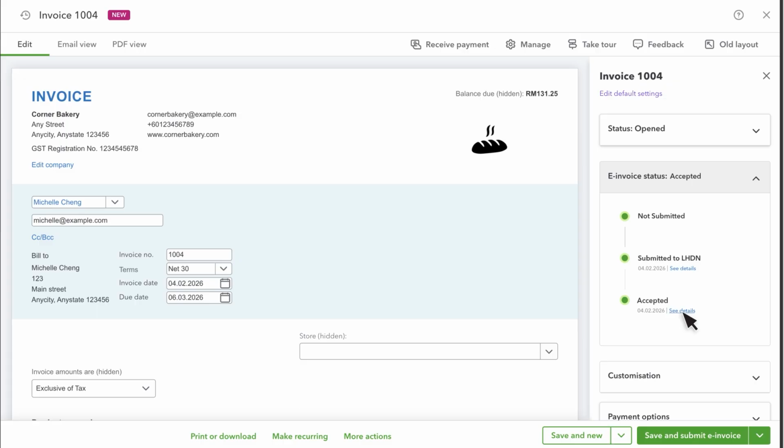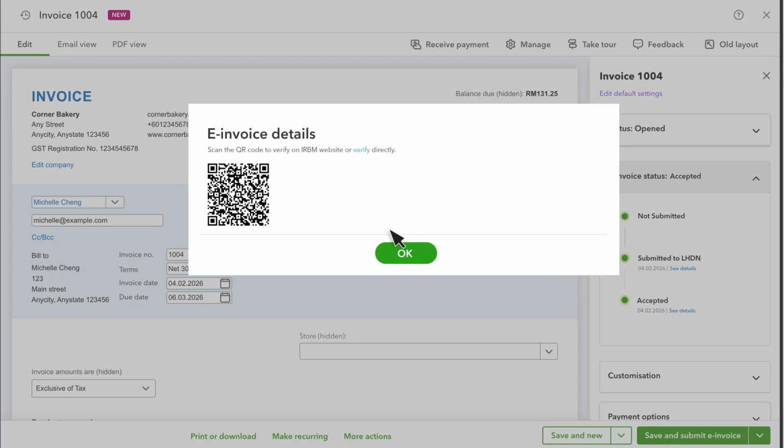Select the See Details link here. You can see the QR code. All validated invoices will have a QR code. When this code is scanned on your phone, you will be able to view this validated e-invoice in the My Invoice portal. In this way, your customers will know that this is an authentic invoice that has been validated by